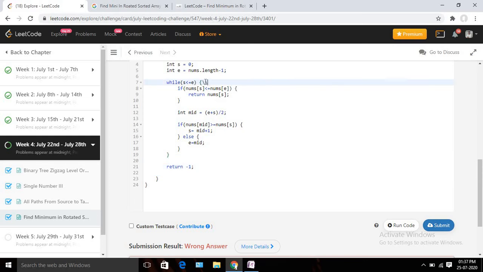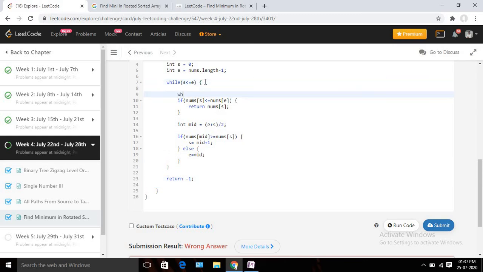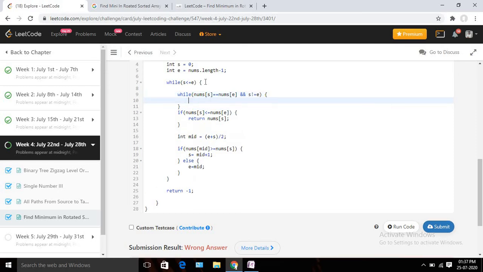So what we can do, I can take another while loop, and in that while loop I can check nums[s] equals nums[e], and in that case I am going to increase my s, the starting counter.